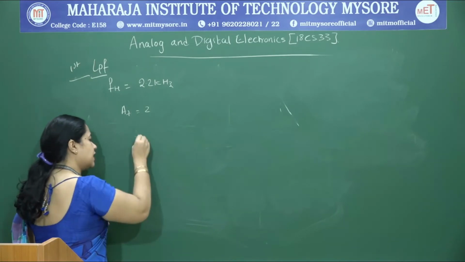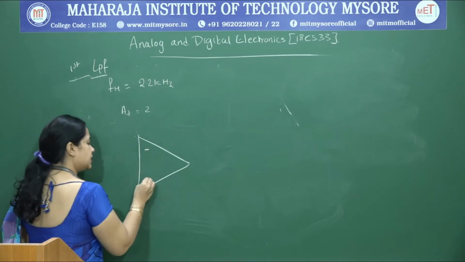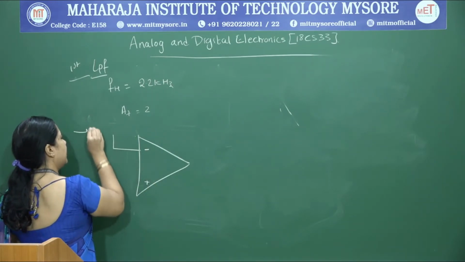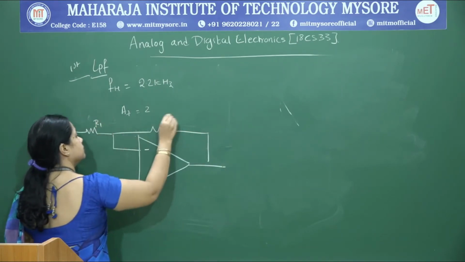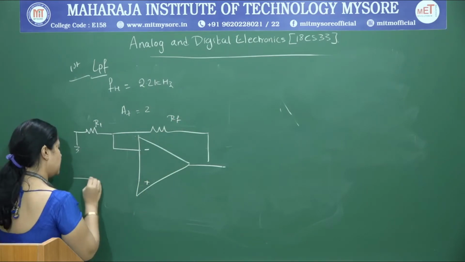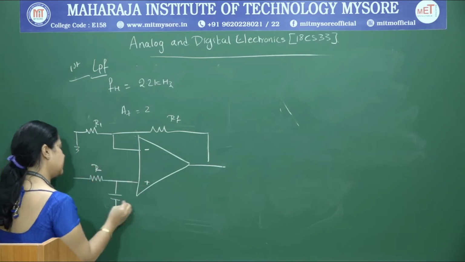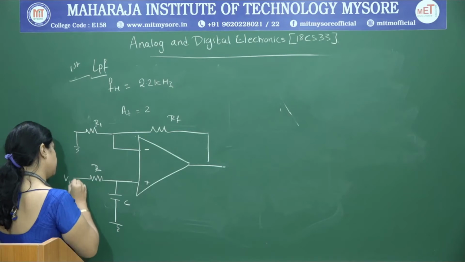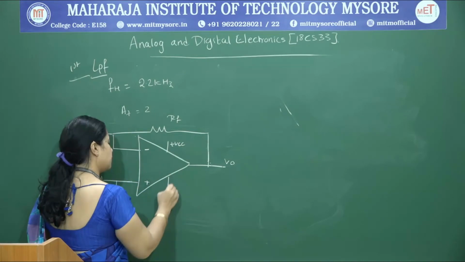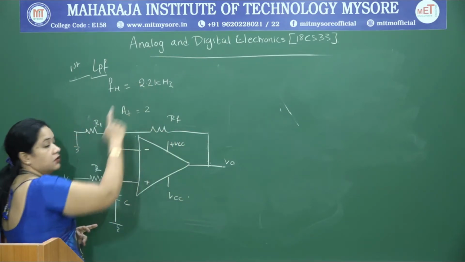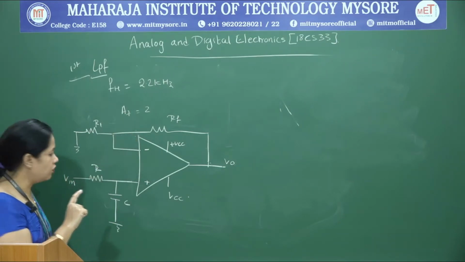First we start by writing the circuit of a first order low pass filter. In the feedback we have resistances R1 and RF, and the low pass filtering section comprises a resistance in series and a capacitance in parallel. We need to determine the values of R and C to meet the 2.2 kilohertz cutoff frequency, and R1 and RF to have a passband gain of 2.